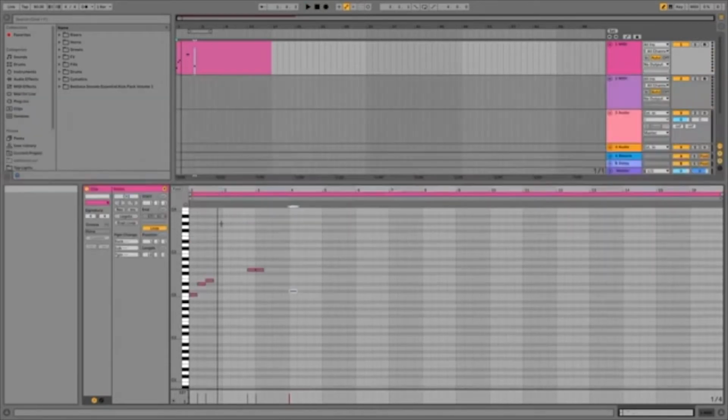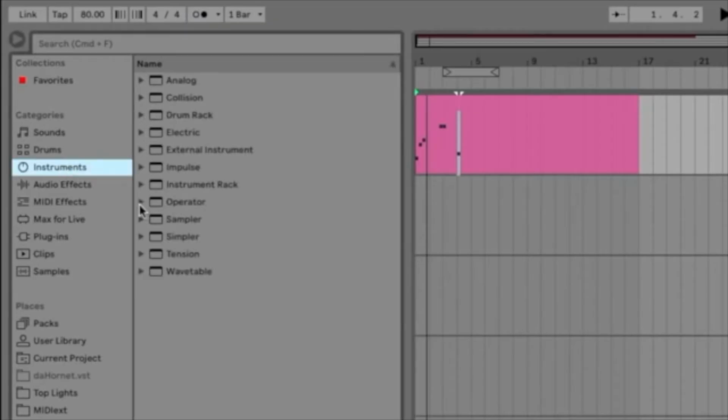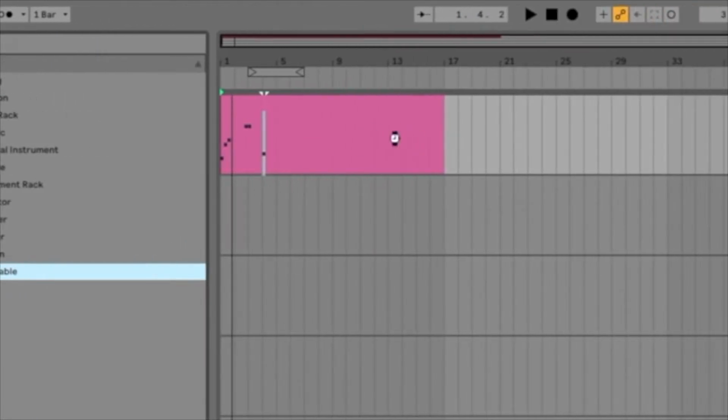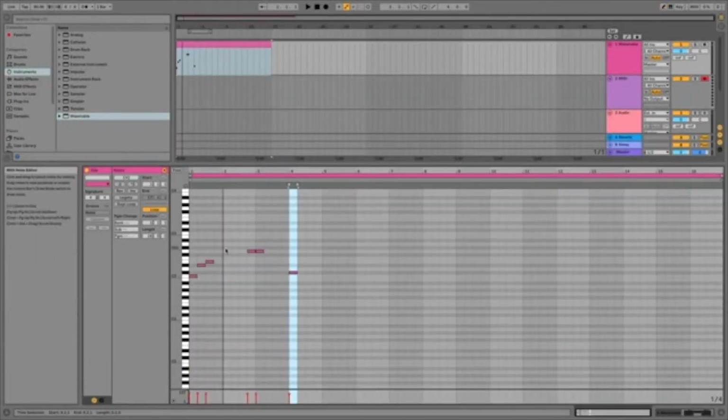So what I need to do is go over into my Ableton library and pick an instrument. To do this, I'm gonna go under Instruments and select my instrument under these drop-down menus. I'm gonna left click and drag and drop onto my MIDI track. I'm gonna go back into my piano roll again by double clicking. And now if I hit play,